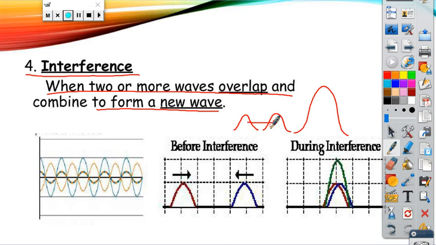However, you can also have destructive interference where one wave is like this and one wave is like this, and then it causes it to completely cancel out because one is equally as high as the other one is low, and then you end up with a net of nothing. So waves can interfere with one another. They can either combine or they can detract. So if you were to push waves in the same direction, your waves may build up. This is how waves at sea work, is they build up and up and up because you have them in addition. So that would be interference.